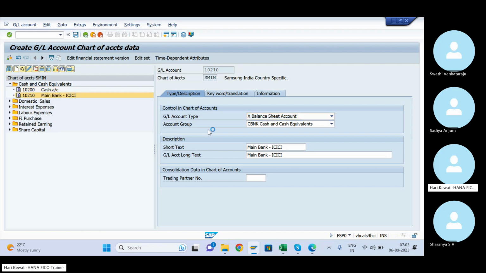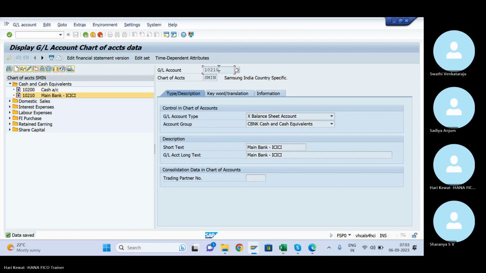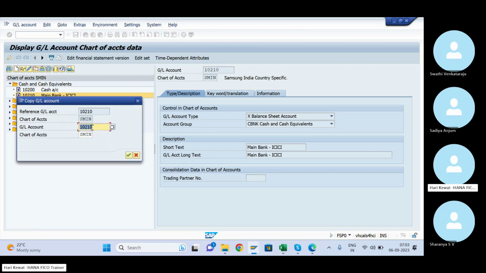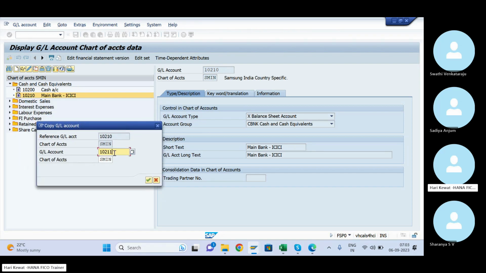So when you are creating, you also create in such a way that the main bank's last digit is 0. Now create the outgoing bank. I am putting 1 and continuously putting incoming and outgoing accounts. After that, continuously put them here. If the main bank is 10, then put incoming or outgoing 11, then again incoming or outgoing 12. So however you feel comfortable, you put it. Okay, is it clear now?